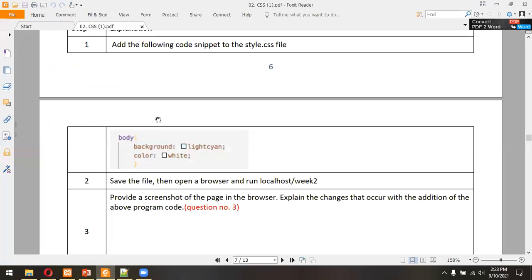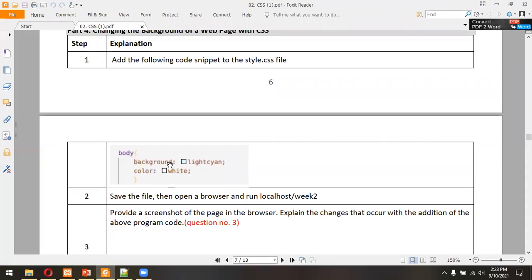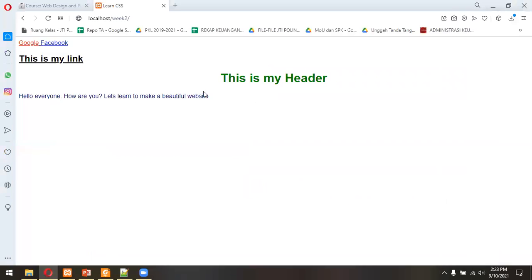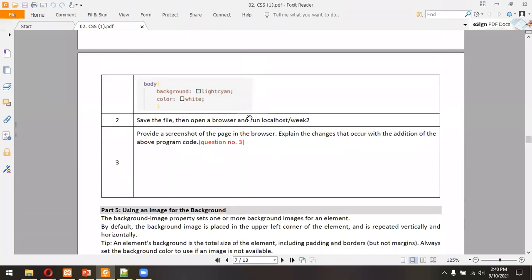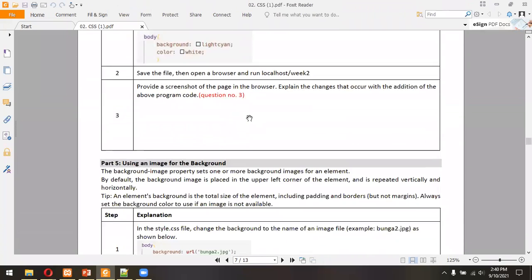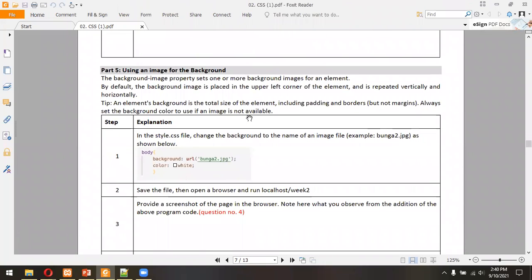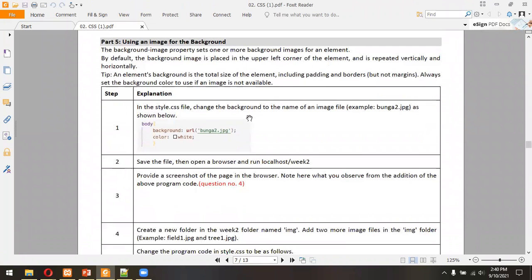Why? Background body, background color white. Okay, so I'm sorry. Using the background, and now we will try to use background